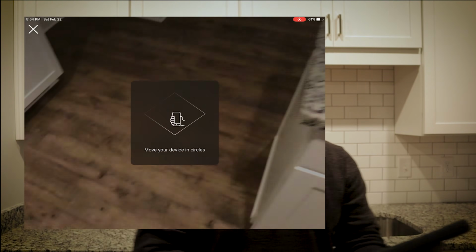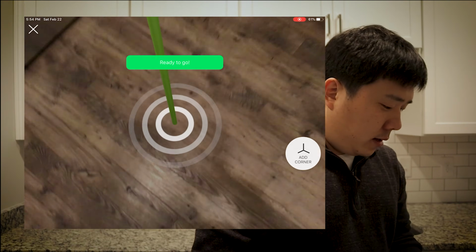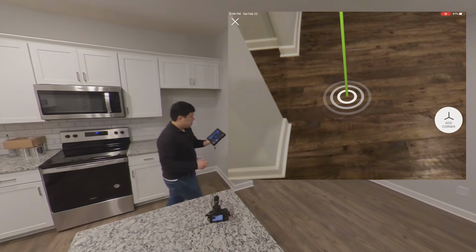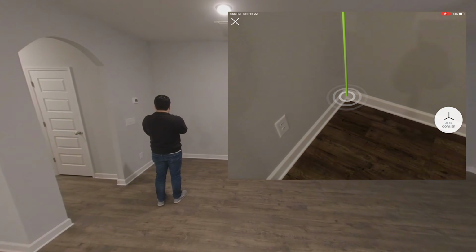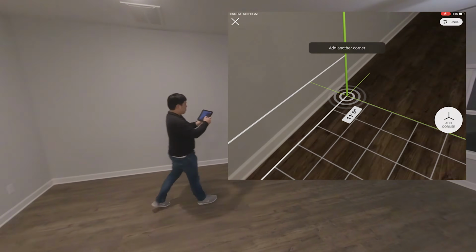So move your device in circles. I'm gonna do that and it's gonna say it is ready to go. So I'm gonna walk outside of this video now. Hopefully you guys can still hear me, but I can find this corner right here, and then I can just click on add corner, and then walk over to another corner,